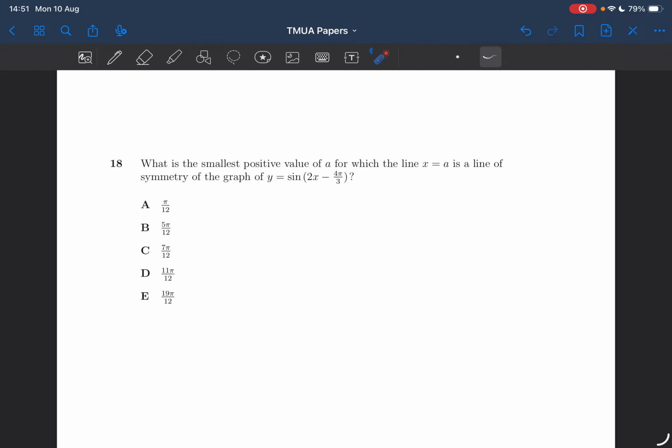Smallest possible value of a for which the line x equals a is the line of symmetry of this graph. So notice it's a vertical line. So how do we get a line of symmetry? Well, the sine graph itself is going to be doing stuff like this, isn't it? Anytime that we have like the peaks, they act as a line of symmetry, because everything you do to the right is the same as what you do to the left. So we're basically asking the question, when does this equal plus or minus 1? So we have sine 2x